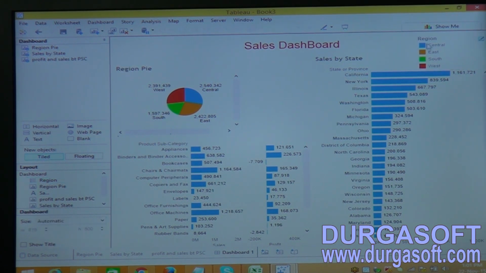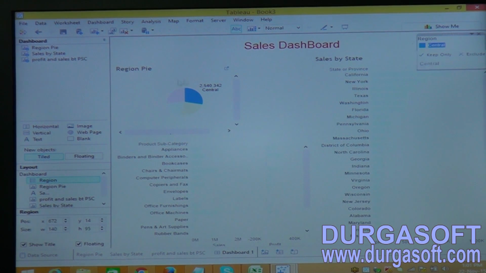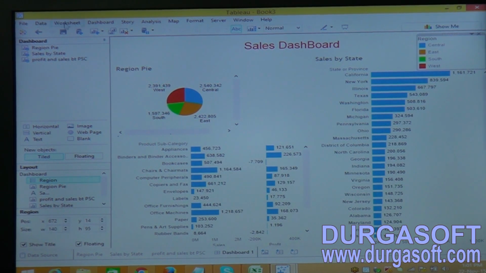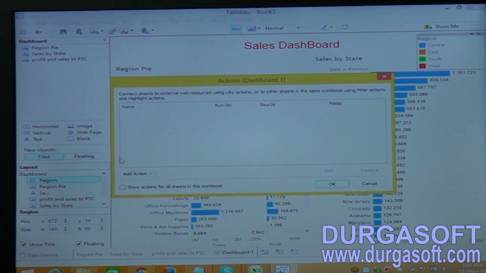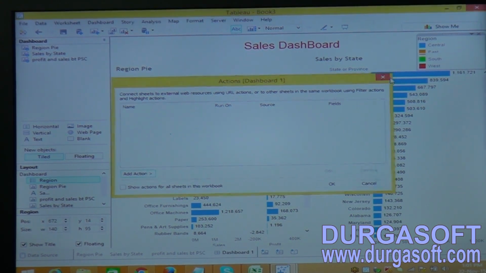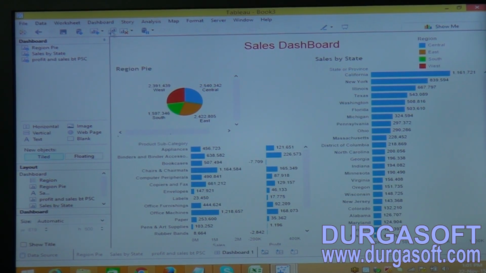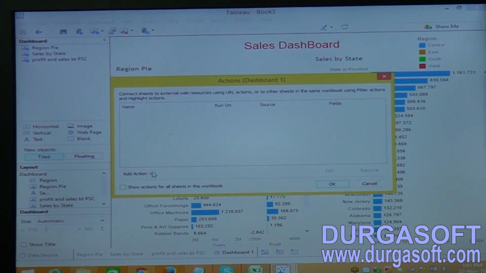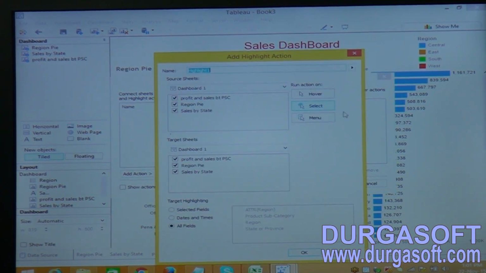Now see this, when I select the central region, that pie chart has been applied. See this, the pie chart has been applied. This is the way highlighted actions work here. If I go to the actions, now see this, click on the highlighted action here, select, click on the selected fields.